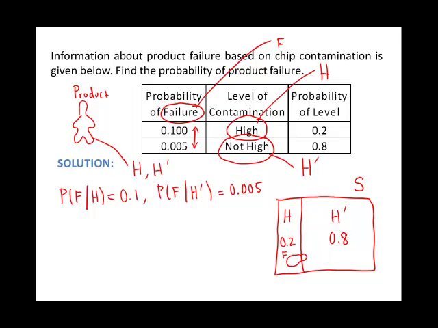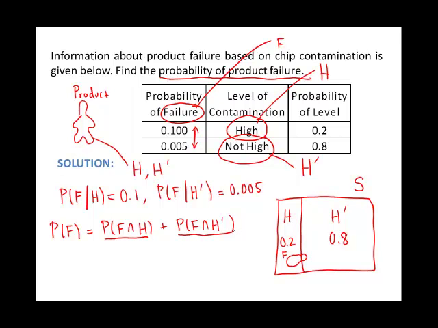Okay, let's go back to the big problem at hand. We're supposed to be finding the probability of product failure. Okay, so product failure can occur two ways. Failure can occur if the chips that are part of this product were exposed to high levels of contamination, or the product could fail if the chips it is made of were not exposed to high levels of contamination. So all I'm going to do right now is write both of these out,